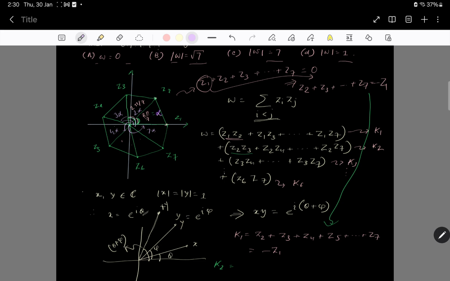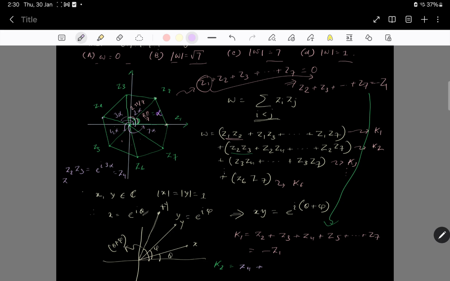So z2 multiplied with z3 will give e to the power i 3 alpha. And what is e to the power i 3 alpha? That is z4. So the first term will be z4 plus